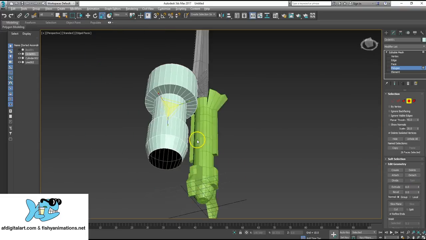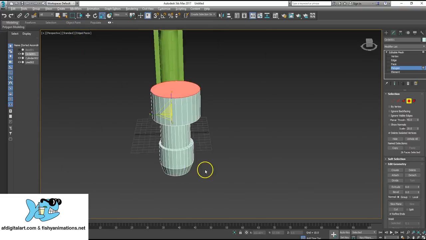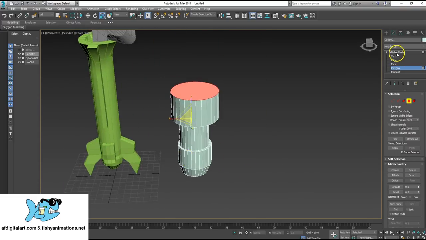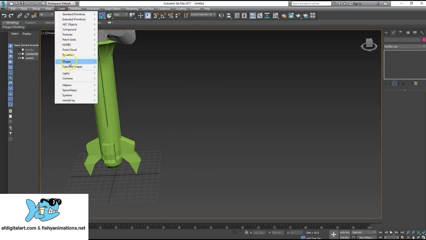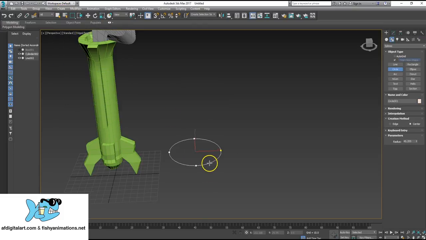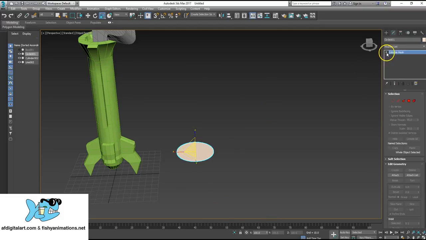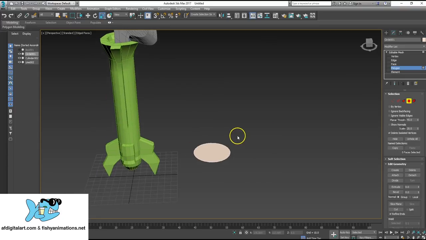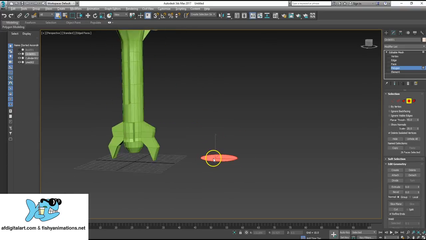What I suggest you do is get familiar with using extrude and bevel by doing what I just did. Practice. Let's take it from the top again. Let's create another shape real quick. Say circle. Okay, right click on it, convert to, let's do the mesh. Practice this for a little bit until you get in the rhythm and understand how to use the extrude and